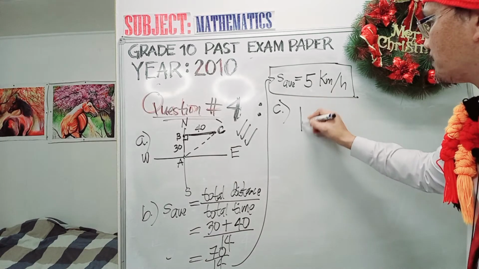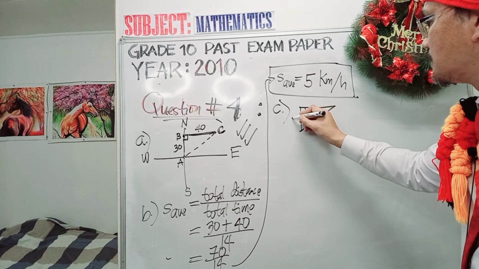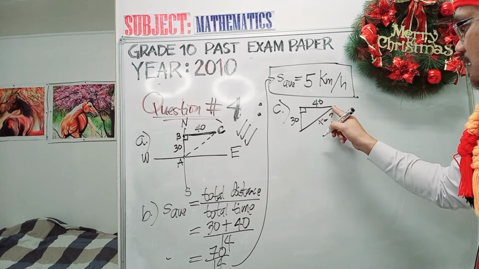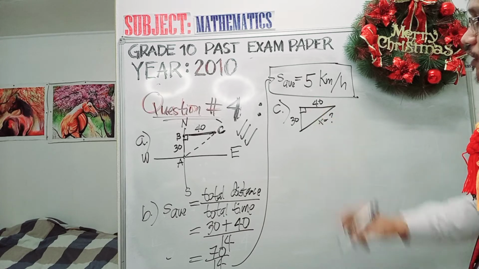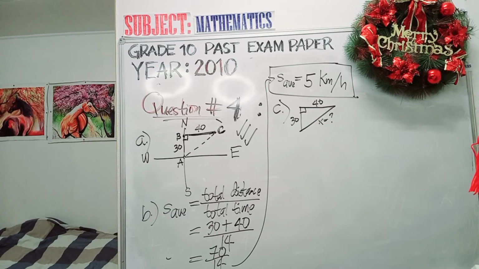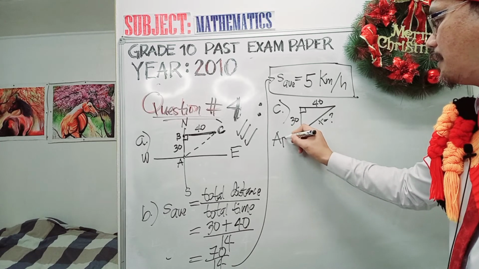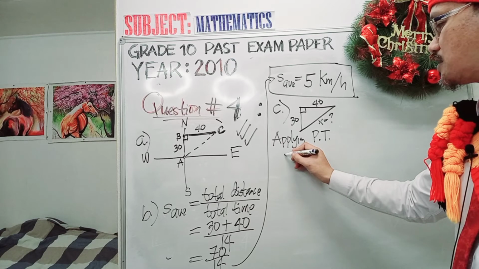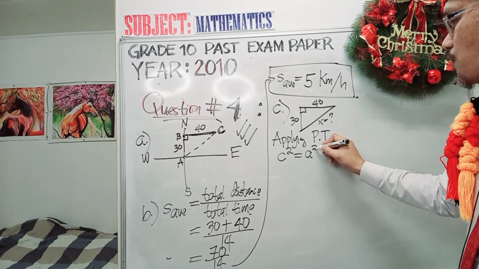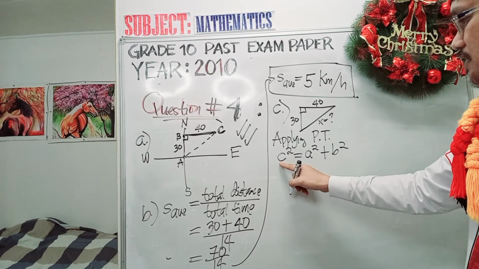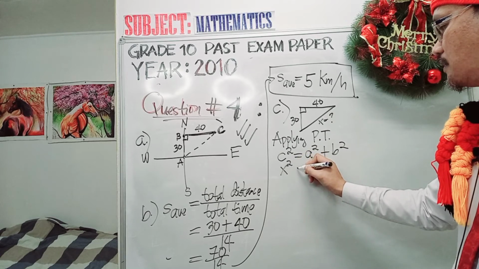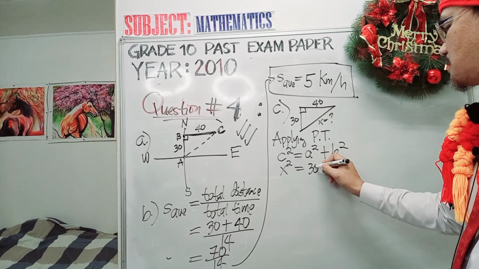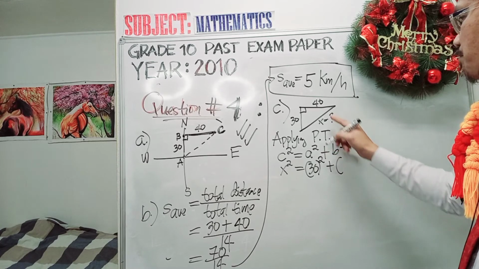So that means that this is a right angle triangle. This is 30, this is 40, and you are asked to find the value of this. This longest side is the hypotenuse because it's opposite the right angle symbol. So we are going to apply Pythagoras theorem, or Pythagorean theorem, which is stated as C square is equal to A square plus B square. Our C is the hypotenuse, so this is X square equals our A. You can use 30, so that is 30 square plus our B is